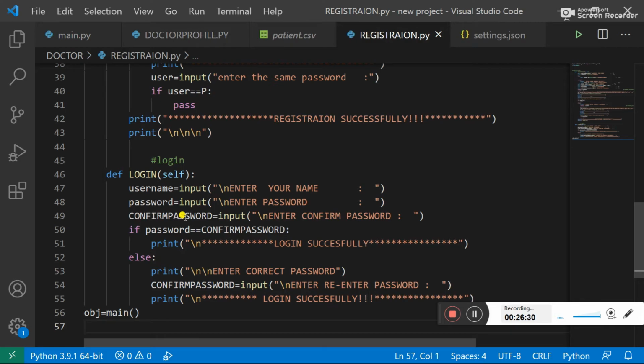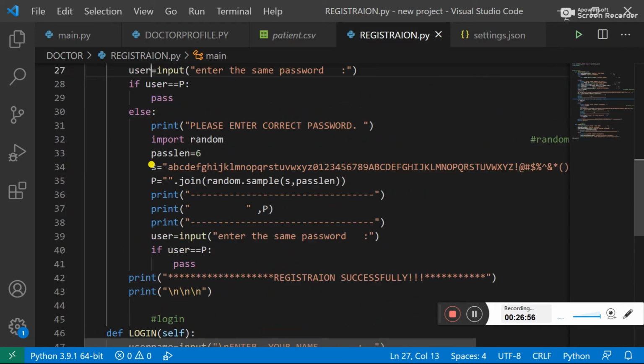If the confirm password and password are not the same, like my password is 1234 and I'm entering the confirm password as 123, then it will tell me that I am not entering the correct password, so please enter the correct password. And then if I re-enter the correct password as 1234, then my login is successful.